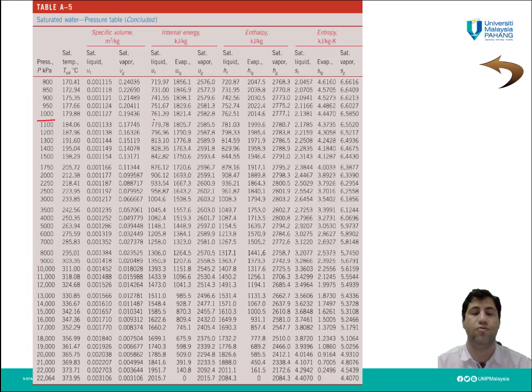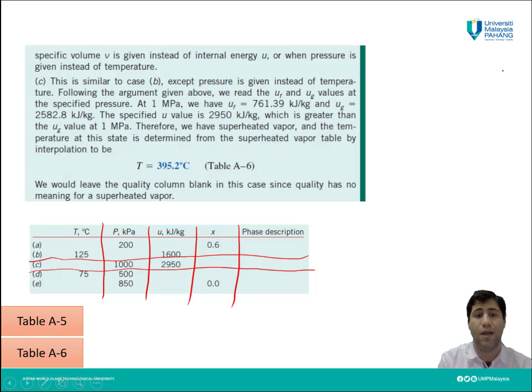First, we need to understand which region it is in. So we have the pressure. Let's just find U. This is UF. This is UG. We need to record them, then compare with the U which we have here. UF and UG for this pressure are